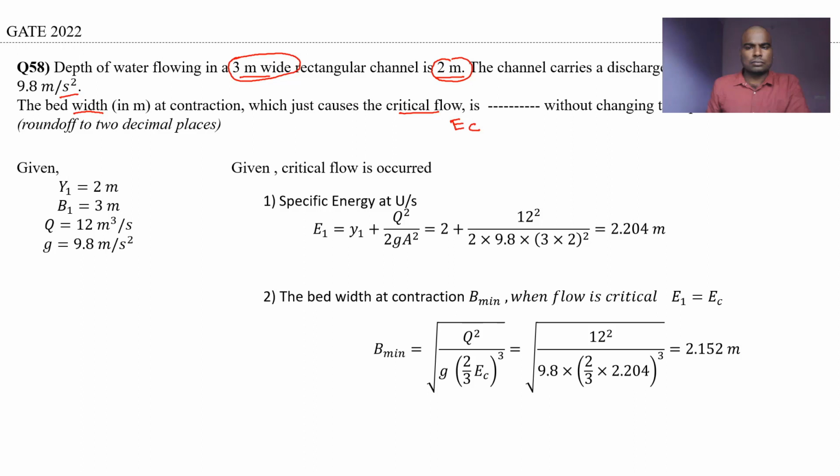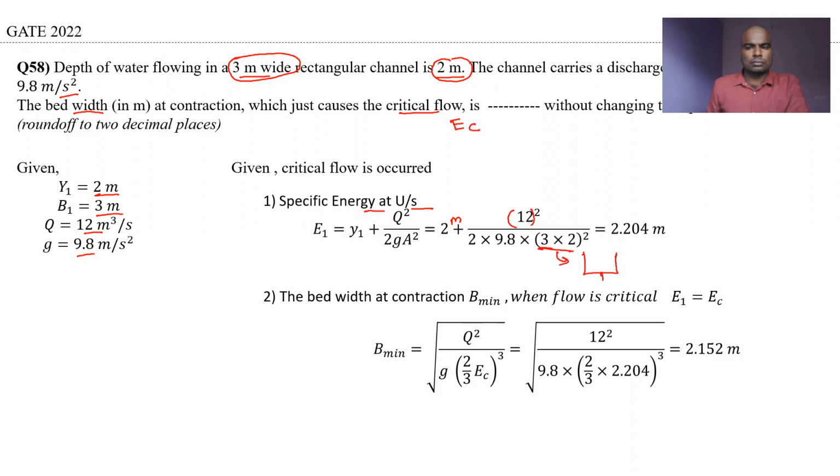So let us first note down what are the given data. Given Y1 is 2 meters, B1 is 3 meters, discharge is 12 meter cube per second, acceleration due to gravity is 9.8 meters per second square. So step 1. What is the step 1? You need to calculate the specific energy at upstream section. E1 equal to Y1 plus Q square by 2 into G into A square. So you will write 2 meter depth plus 12 square divided by 2 into 9.8 into